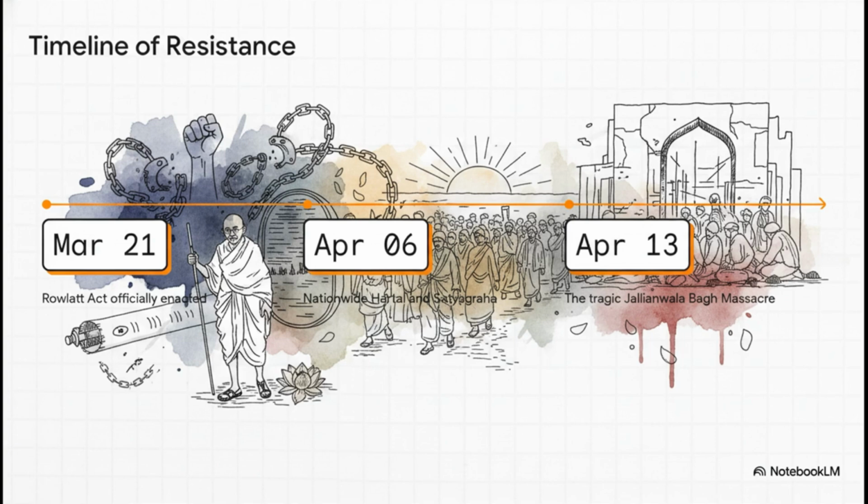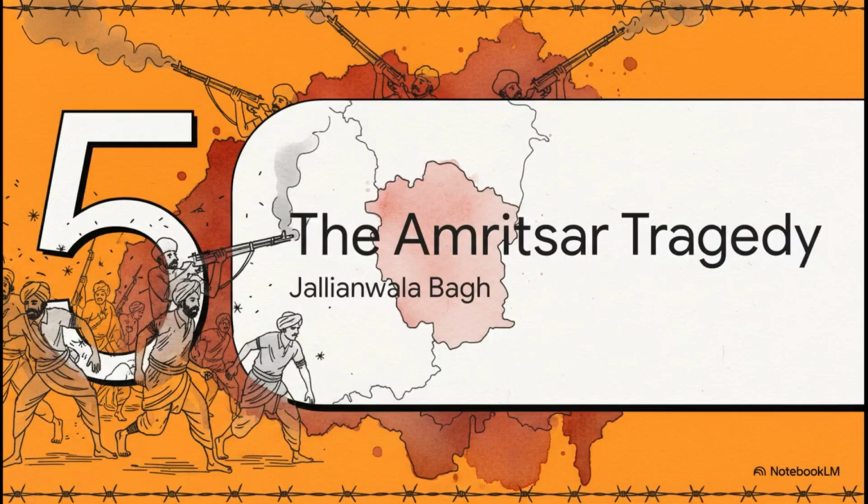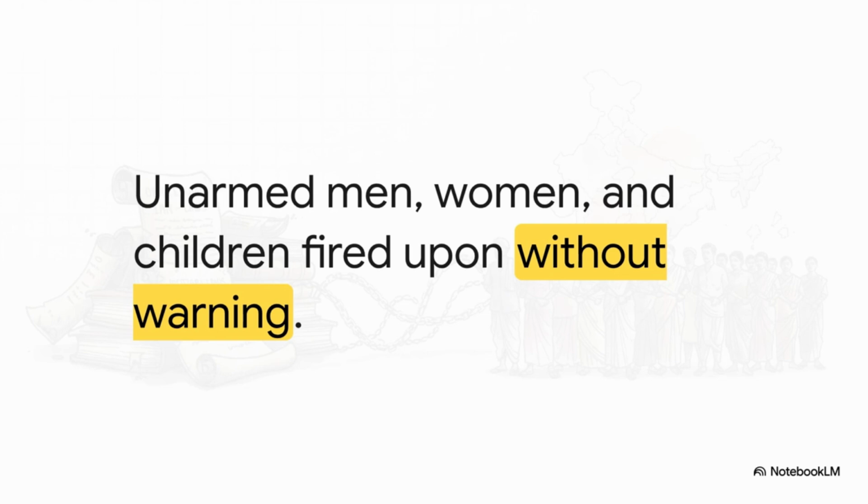And just days later, the colonial government's sheer panic over this mass resistance culminates in the horrific events of April 13th. Section 5. The Amritsar Tragedy. The consequences of the colonial government's paranoia became tragically evident in the city of Amritsar. A massive crowd had assembled at Jallianwala Bagh to peacefully protest the arrest of local leaders and the imposition of martial law. British troops, commanded by Brigadier General Reginald Dyer, entered the enclosed area and, without any warning whatsoever, opened fire on the unarmed gathering. Hundreds of men, women, and children were killed, and over 1,000 were wounded. It was a completely horrific display of colonial